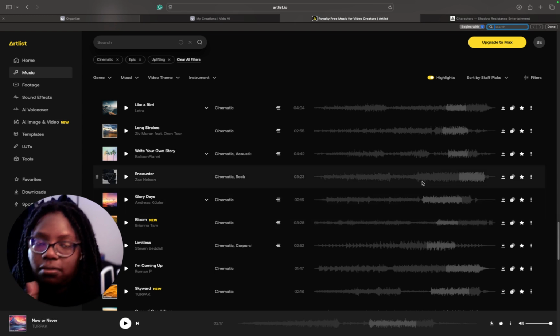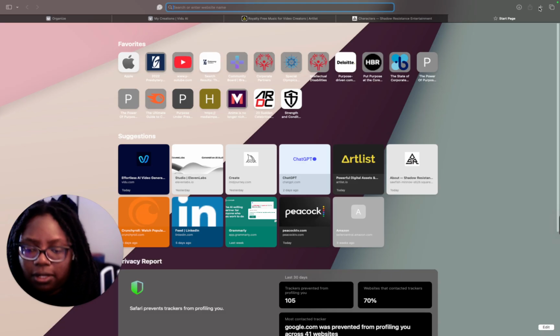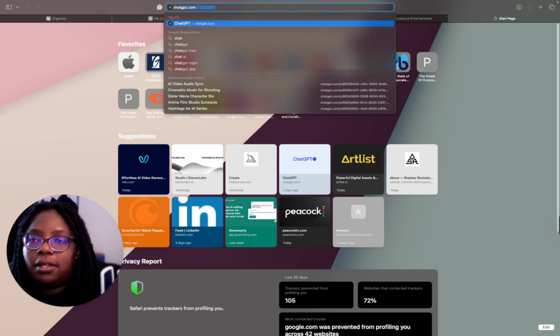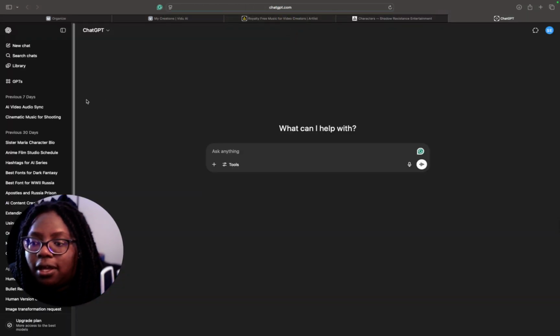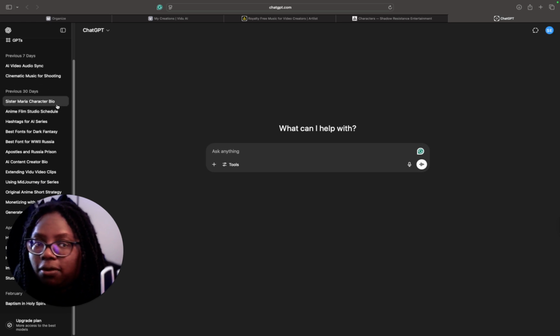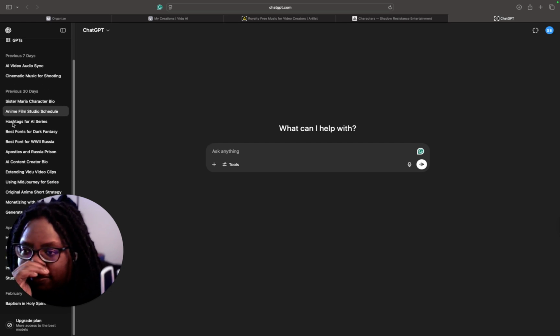But also, I do want to show you, I did get help from ChatGPT, and let me tell you what I mean. Because I've been using ChatGPT for a lot of things, and this is one of them. So I'm gonna move that there, and let me see if I can find the prompt.